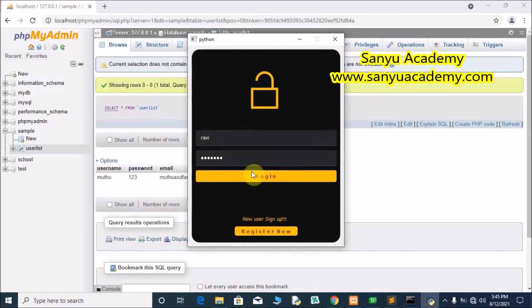But after login, it shows the message. After that, we have to clear the text boxes after showing the message.